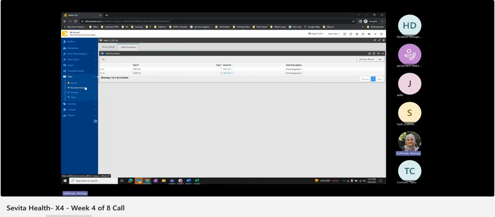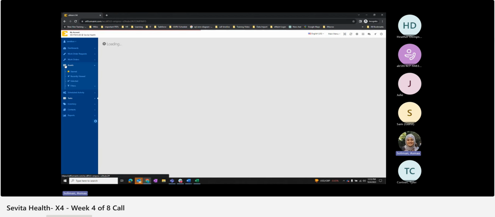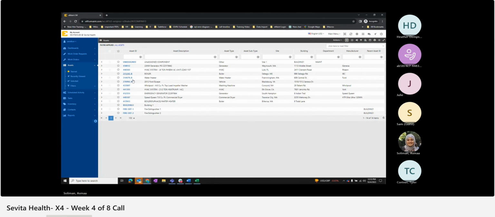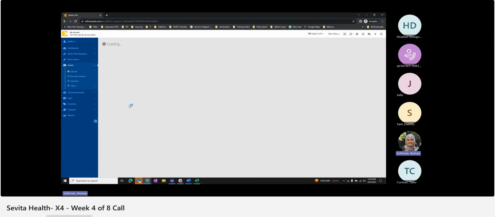So once we create the task, in the task procedure, instead of putting the steps, we're going to put the child assets here. So fire extinguisher 1, fire extinguisher 2. That's our first step. Second step is we're going to go into our assets, and find that parent asset to create the PM for. So that was the building right here. I'll click on building 1,